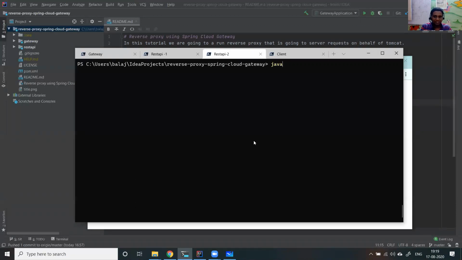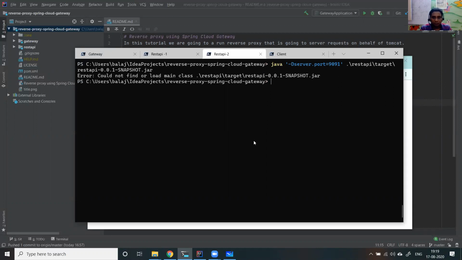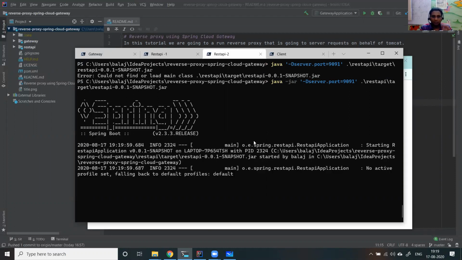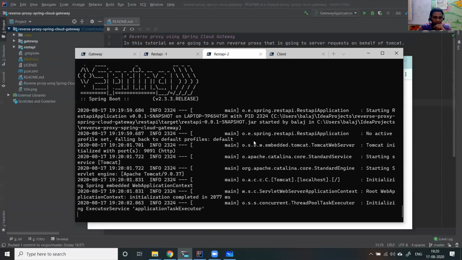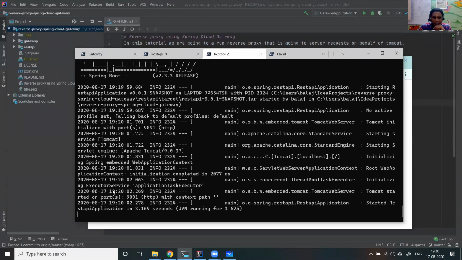So the simple way is java, I'll say -Dserver.port=9091, and I'll say REST API target REST API.jar. Java -jar, I want to run. So now I'm running another REST API on port 9091.